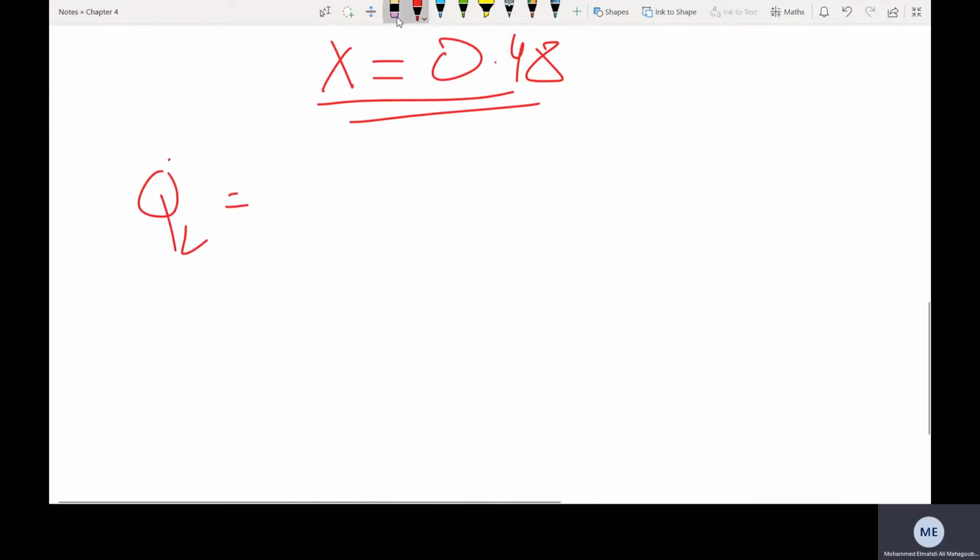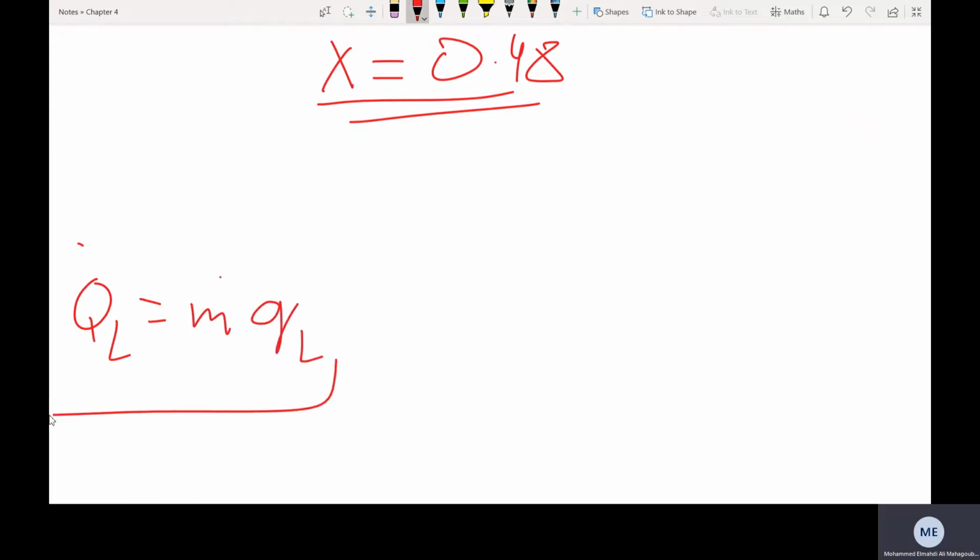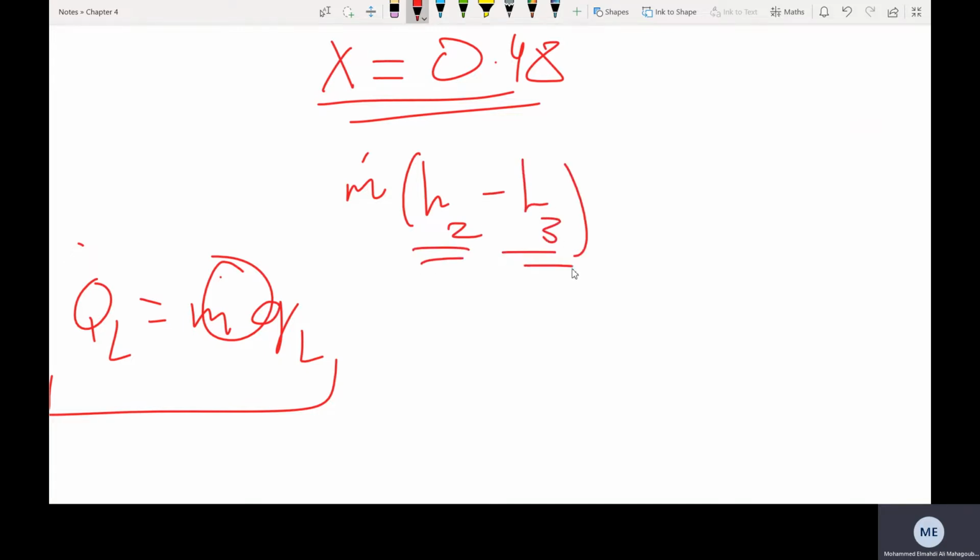So first, before we find QL, we need to find the mass flow rate. You understood why we need to find the mass flow rate, because it is m dot multiplied by QL. That's what we need to do basically. So first we need to find m dot, and now m dot times H2 minus H3, the inlet at the condenser and the outlet at the condenser, should be equal to